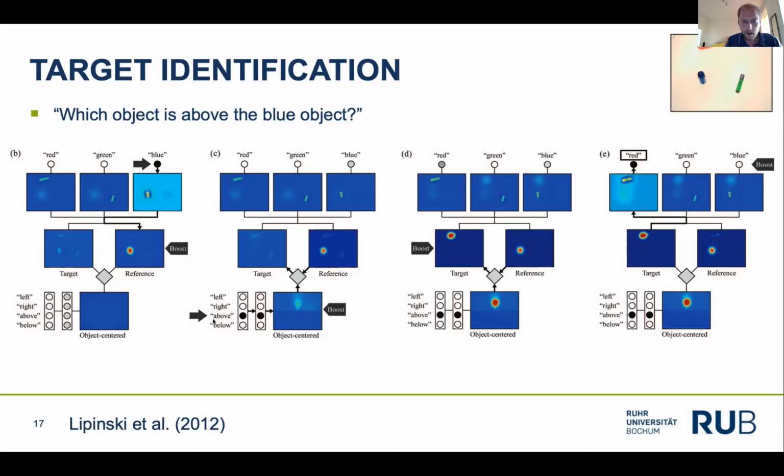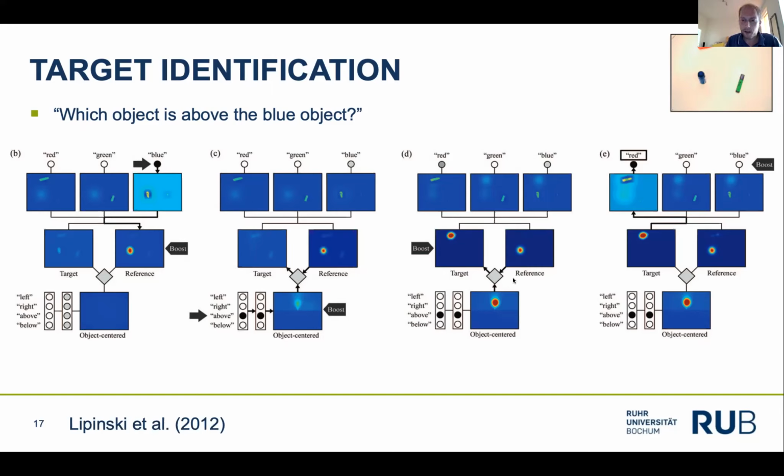And in effect, if, for example, we activate the above node, we cause a spatial above pattern to be fed into the object-centered field. And if we additionally boost that field, then we cause a peak to emerge, which is in fact above the center. And if that peak is then projected back through the coordinate transformation, as I just explained, it causes regions in the target field which are above the reference object to receive elevated subthreshold activation. So if we then boost that field, we cause a peak to emerge on the location of a target object,